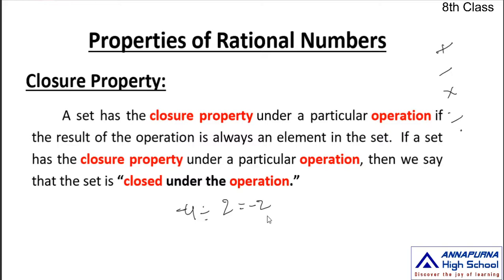That means when you take any two integers and divide one integer by another, do you get an integer or not? For example, here I am taking two integers, -6 and 5. Divide them. -6 divided by 5, it is equal to how much? Can you divide -6 by 5 to get an integer? That is not possible. That means your result is not an integer. So in this case the property fails. That means the collection of integers is not closed under division. Okay, so in case you are confused about this property, take two numbers from the collection, apply the fundamental operation between them, and verify.